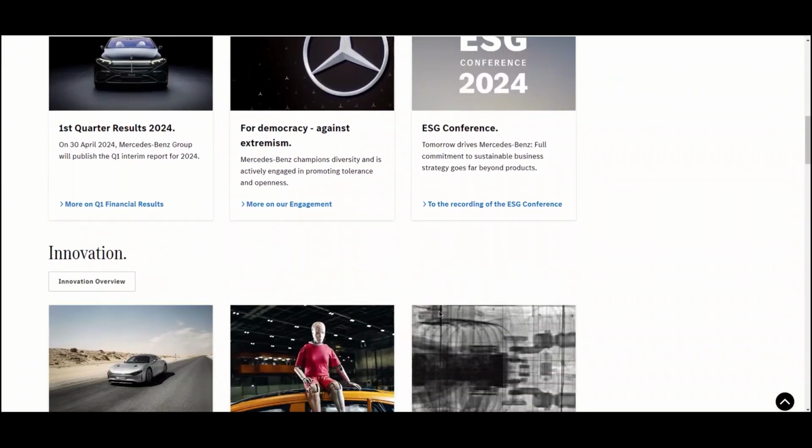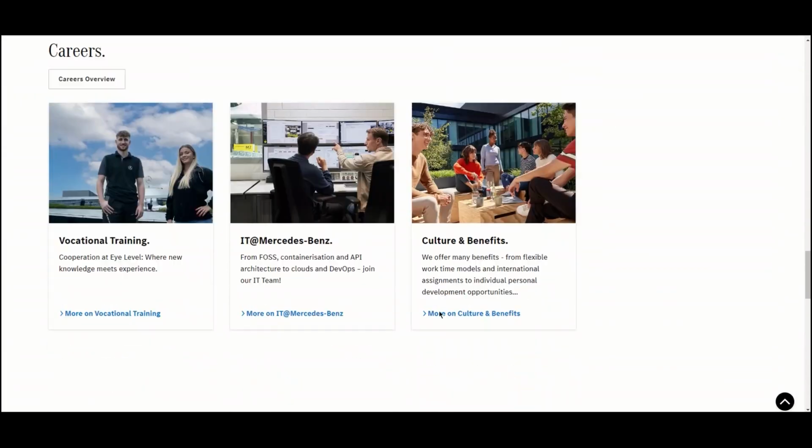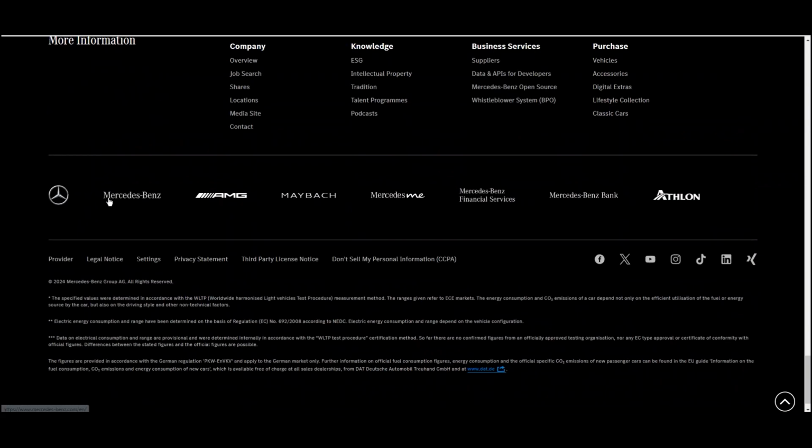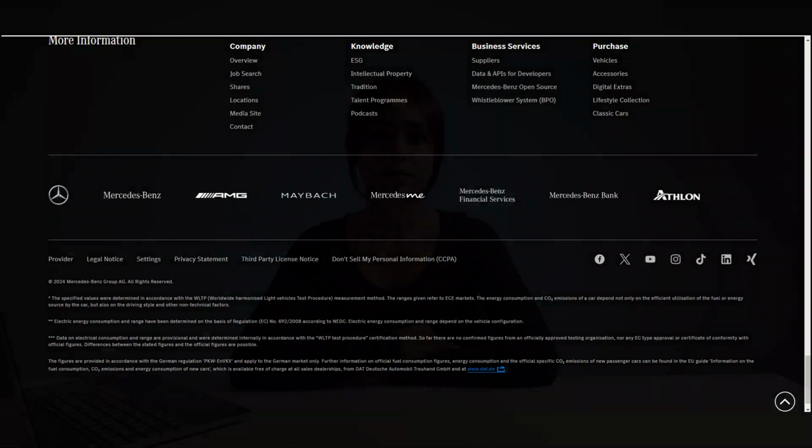Here, the Logo Grid widget on a Mercedes website displays logos of its related brands and divisions like Maybach, Mercedes-Benz, AMG, and much more. This highlights the company's extensive network and reinforces its reputation and credibility. By displaying logos of its own brand and divisions, Mercedes highlights its broad reach and strong reputation.